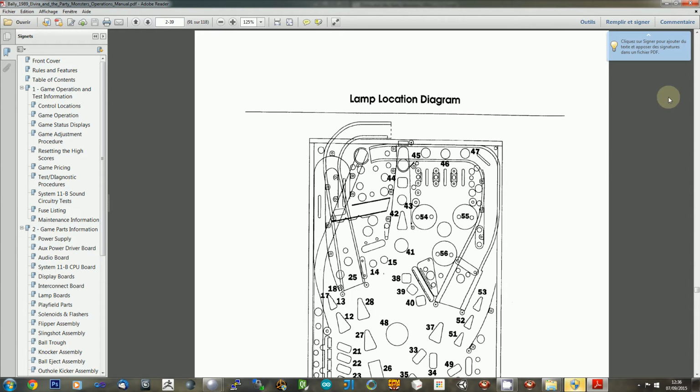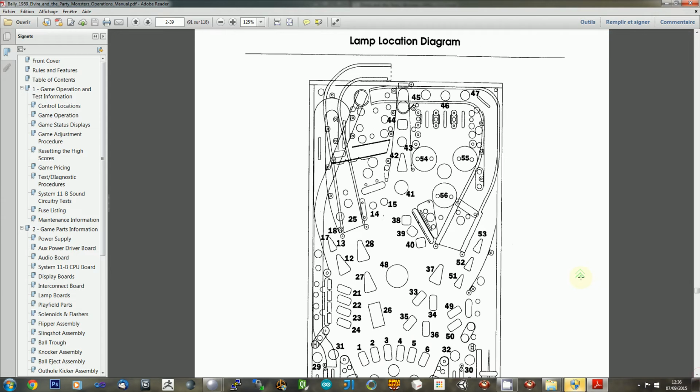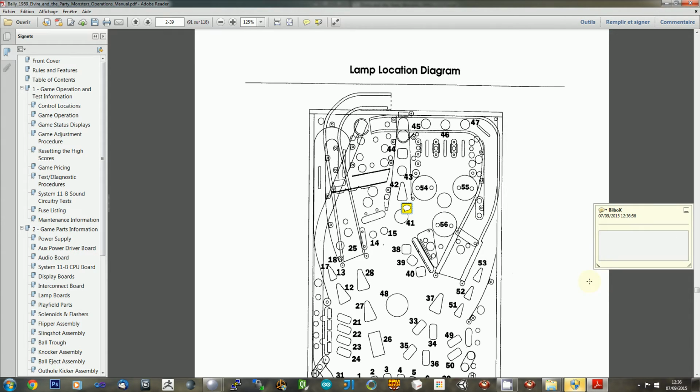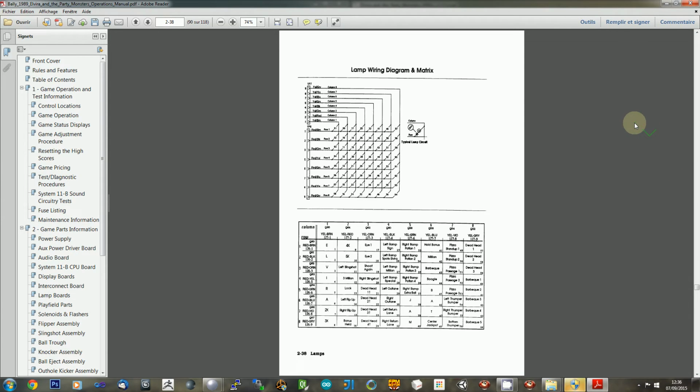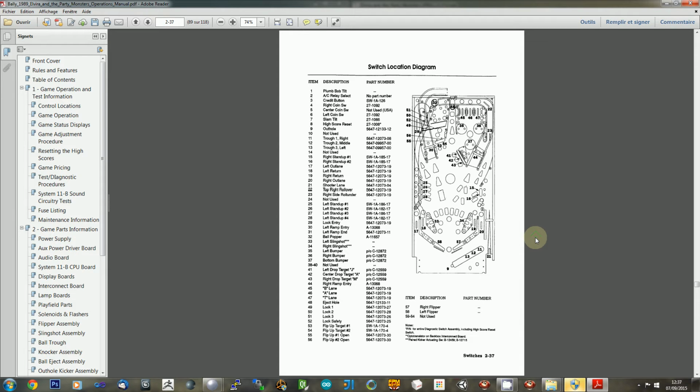It's on page 1891. You have also the lamp matrix here, which synthesizes all the lamps and their connections inside the real pinball, but we won't use it so much. Okay, the same for the switches. So this is really handy,